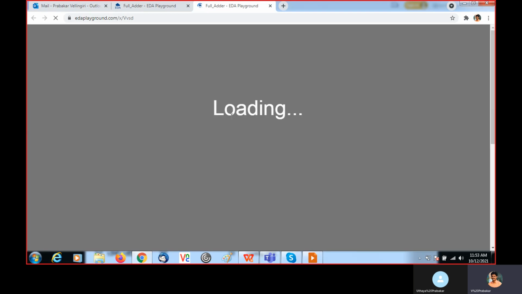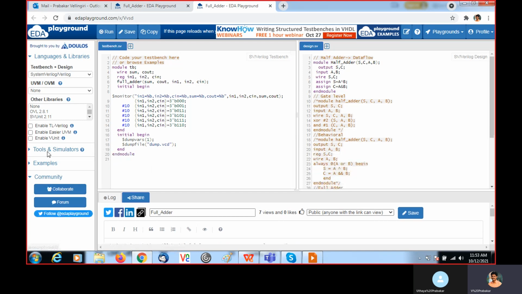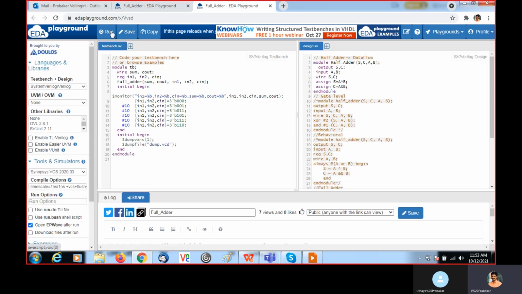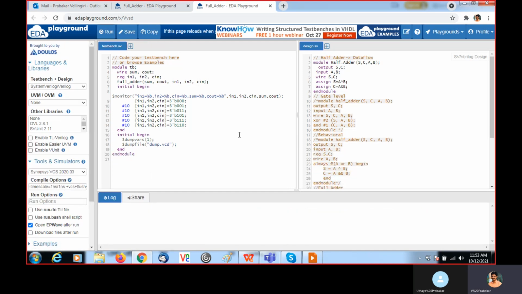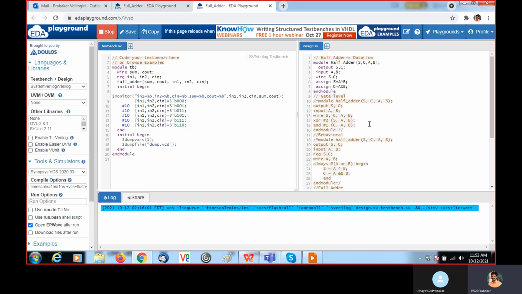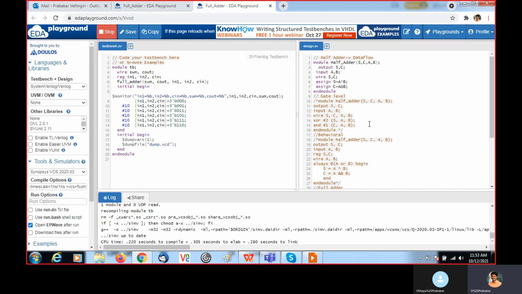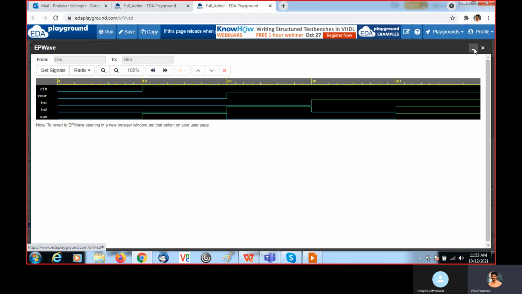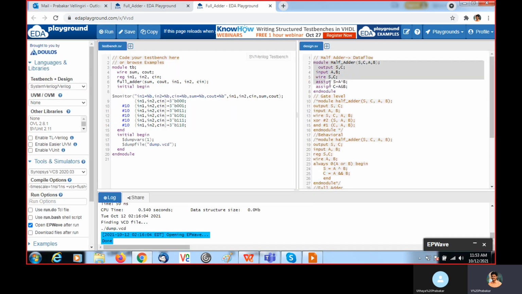First we need to implement the half adder: module name, then port list, then port declarations, then assign.